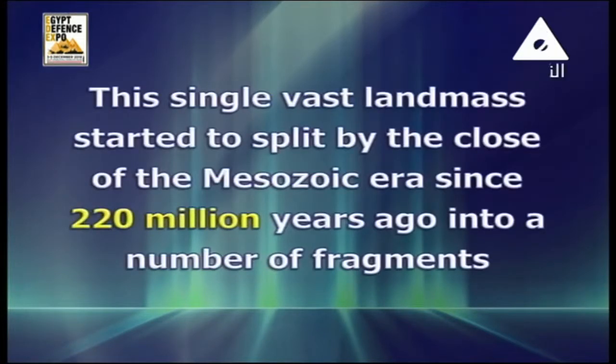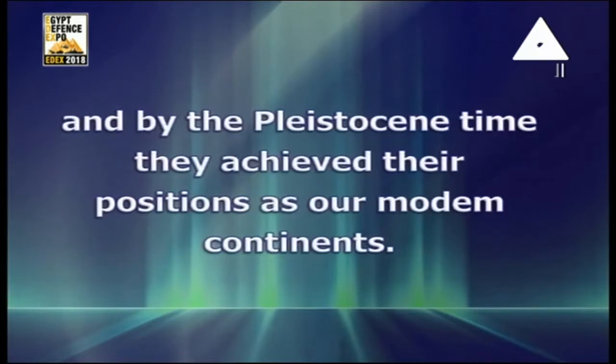This single vast landmass started to split by the close of the Mesozoic era, since 220 million years ago, into a number of fragments, and by the Pleistocene time they achieved their position as our modern